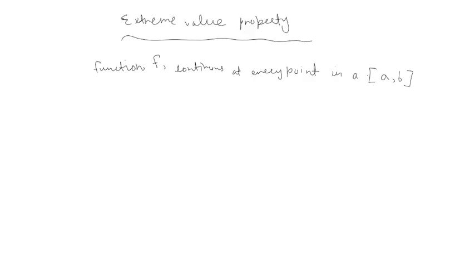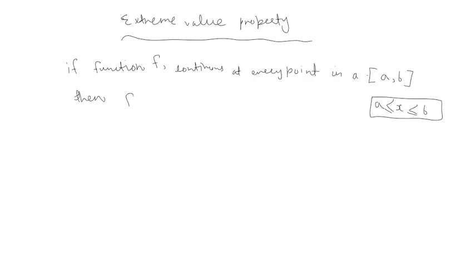So basically a would be included and so would b. So if x is varying from a to b, it would lie in this particular range, right? So what I'm saying is, for a function f which is continuous at every point in this closed interval that lies from a to b, if this holds true,